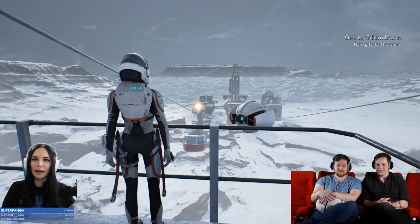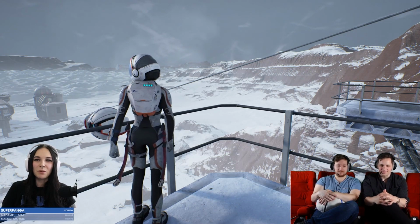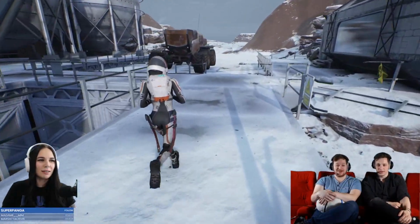I love that. Yeah. MH says, when I played this part, I was just jumping around and got stuck between the rover and the handrail. What? Oh, really? Between the rover and the handrail? You mean...